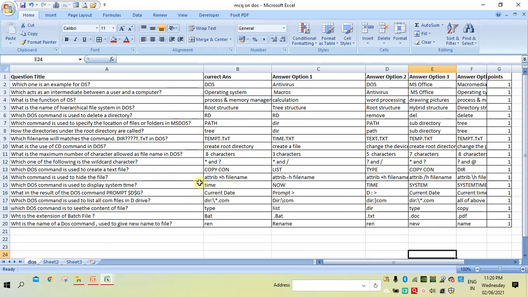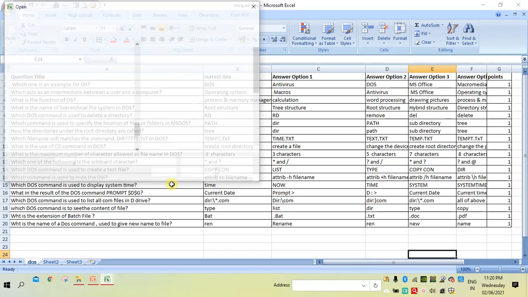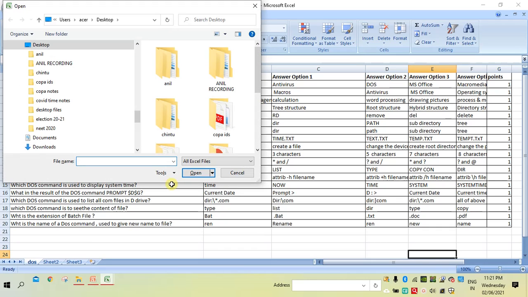This is a workbook. This way we can open, or we can also open by shortcut key Ctrl O. The Ctrl O key is used to open an existing file. When I press Ctrl O, it will give you an Open dialog box.